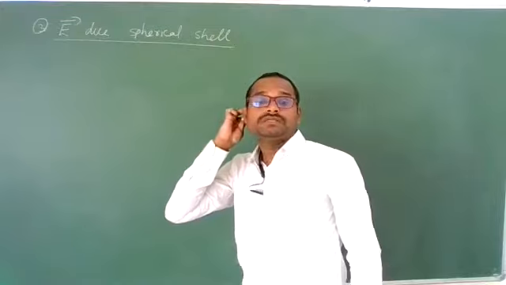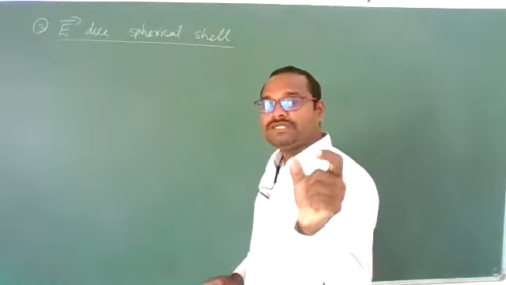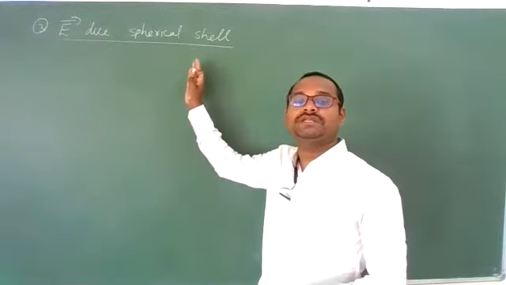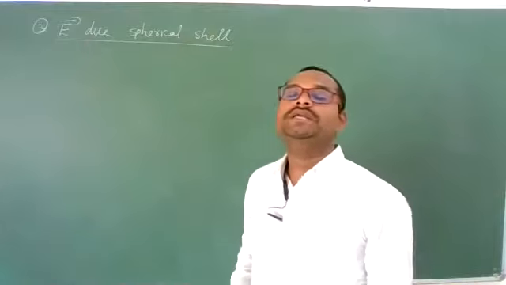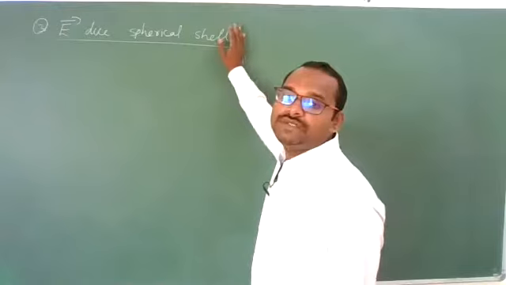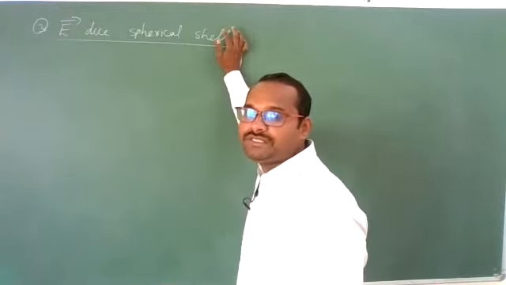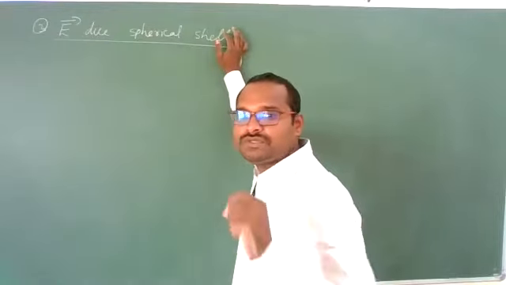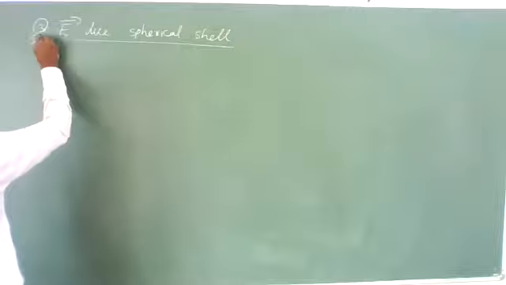Before this corona, they used to ask this question in the 5-mark question. See, how state and prove gas law, question A. Question B: derive electric field due to a spherical shell outside, inside, on the surface. These two questions combined, they'd give for 5 marks. But due to the reduced syllabus, this point is deleted. However, it is an important point for your competitive exams, so we need to read it.